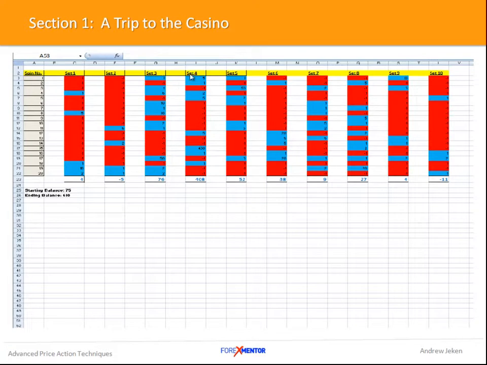Continue tracking set 3, set 4, set 5, set 6, set 7, set 8, set 9, set 10, and you can see how we have the distribution of wins to losses, not only from a spin by spin or trade by trade scenario here, but over a large sample size.